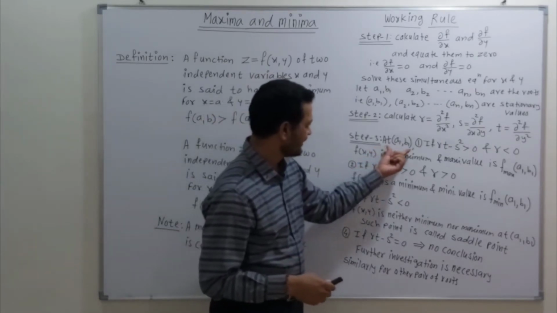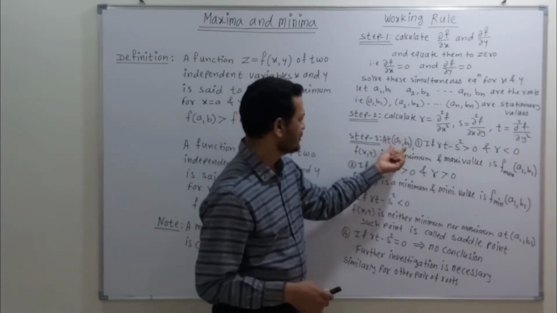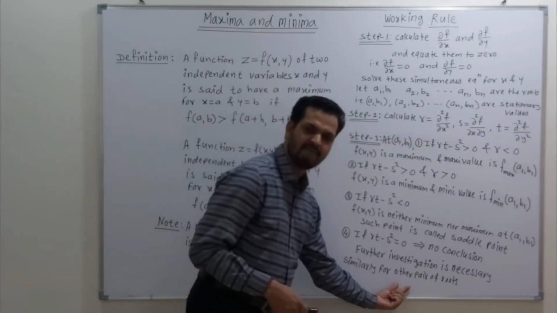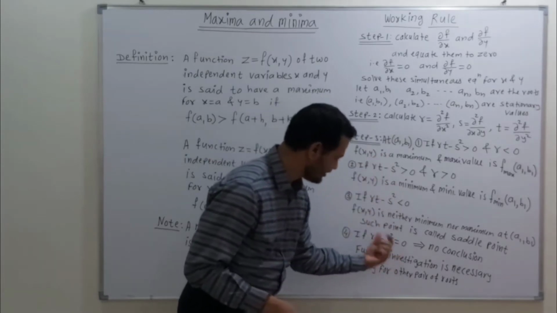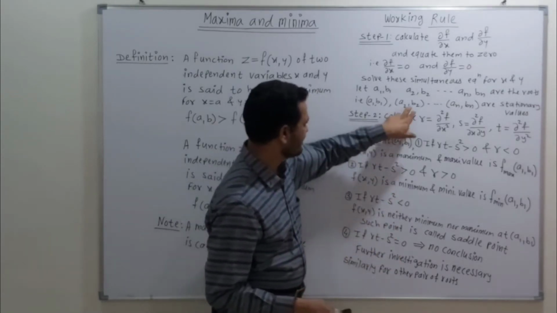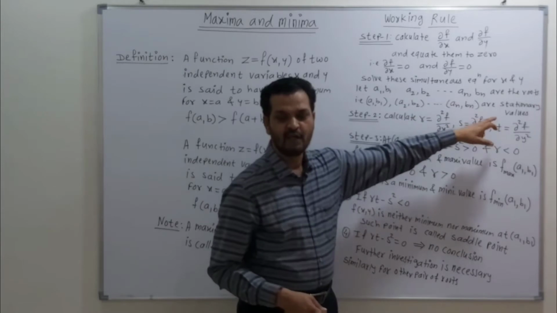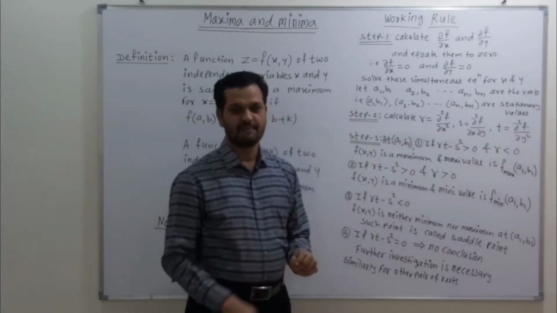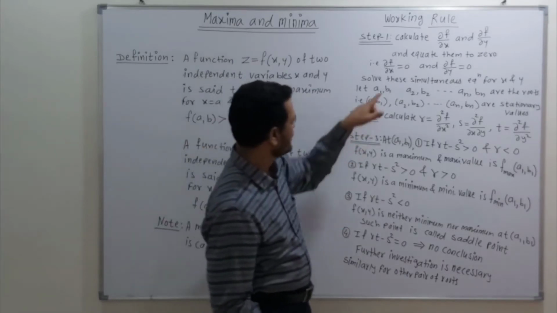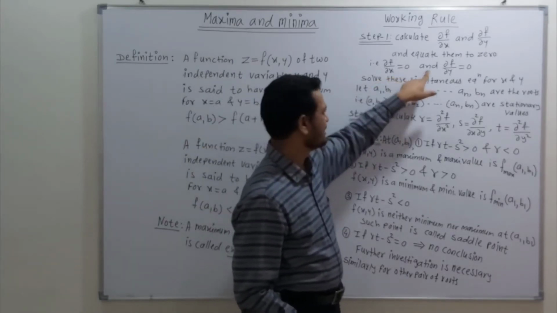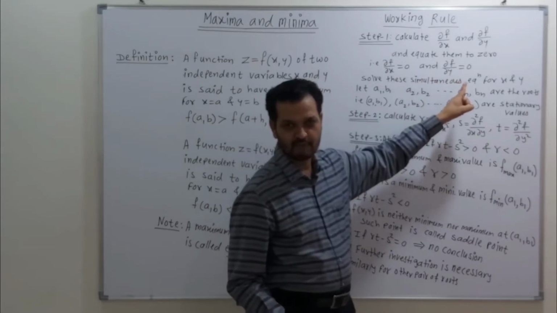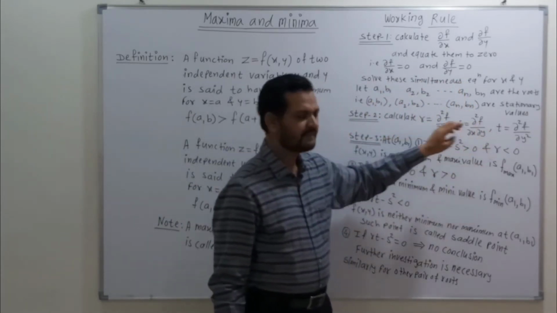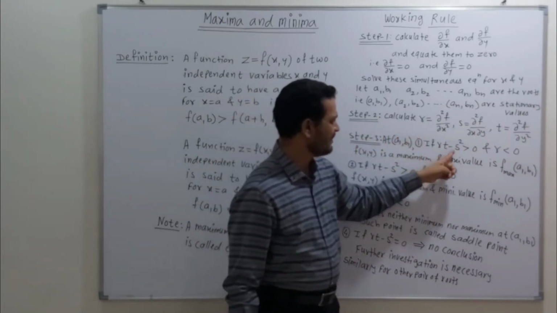So this is for the first stationary value, a1 b1. Similarly we can calculate the maximum, minimum and the other two cases for a second stationary value, third stationary value, and so on. So friends, this is the working rule where 3 steps are important. I will repeat this. Find the partial derivative with respect to x and the partial derivative with respect to y and equate them to 0. Find the stationary values, find the values of r, s, t. Then calculate the value of rt minus s square.